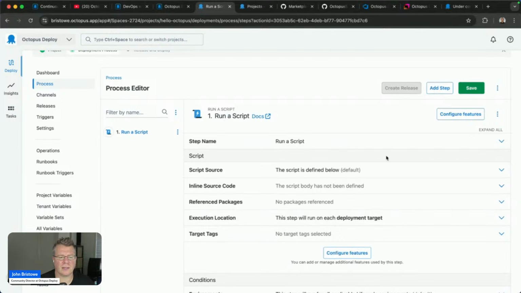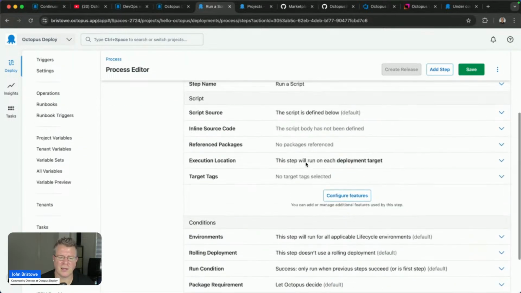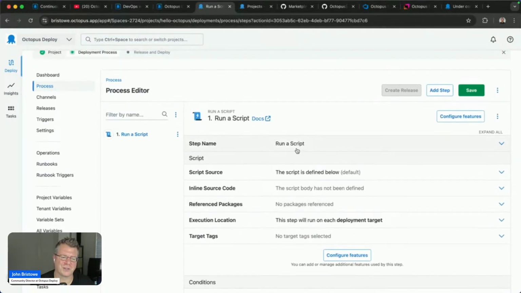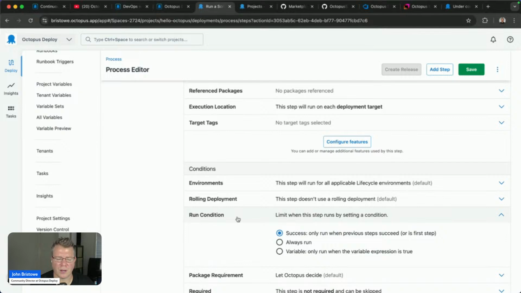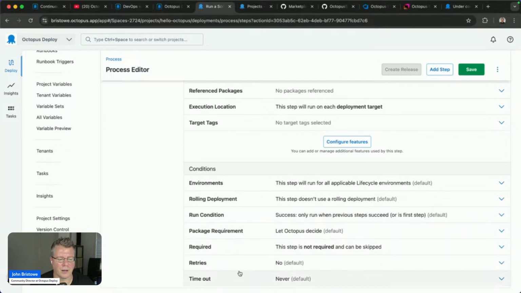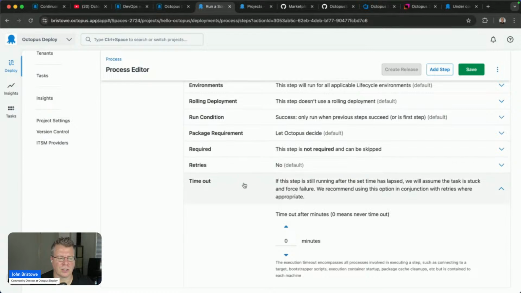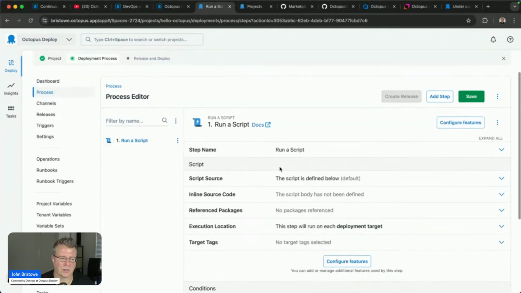And you'll notice in this detailed section here, I have a bunch of knobs and buttons that I can tweak. Don't worry, it looks a little bit overwhelming, but just be mindful of the fact that there are a lot of configuration options you can specify for steps. So you can specify things like, what conditions do I want to run this step, whether or not I want to retry or base this on a timeout. These and other conditions I can specify for each and every step that we define in Octopus. So we can ignore that section.